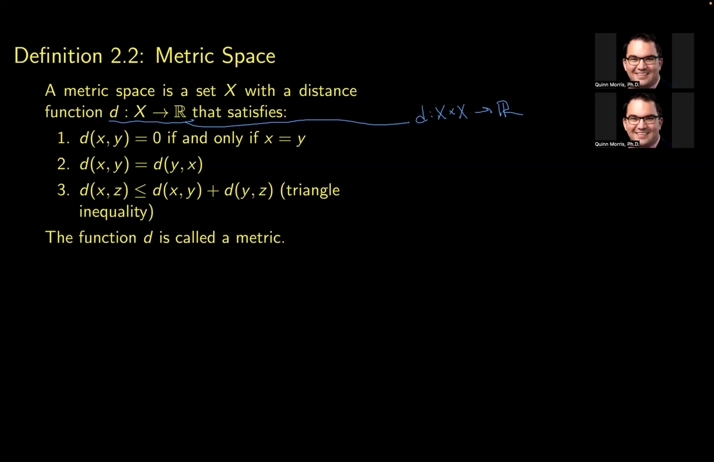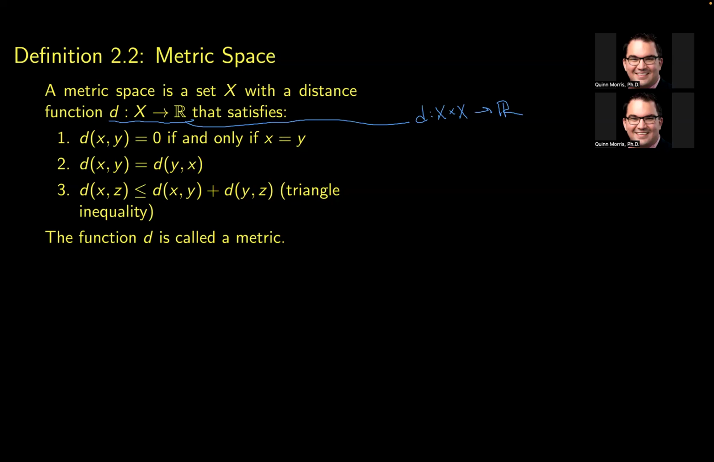same element. The second property the distance function needs to satisfy is a kind of reflexive property. So the distance from x to y should be equal to the distance from y to x, right? And this is an intuitive property we would expect of a distance type function, right? The distance from my house to your house is the same as the distance from your house to my house,